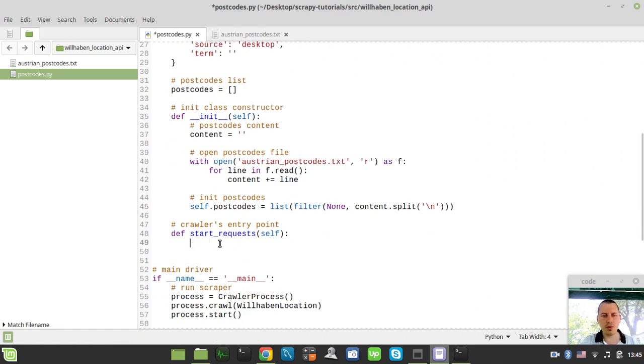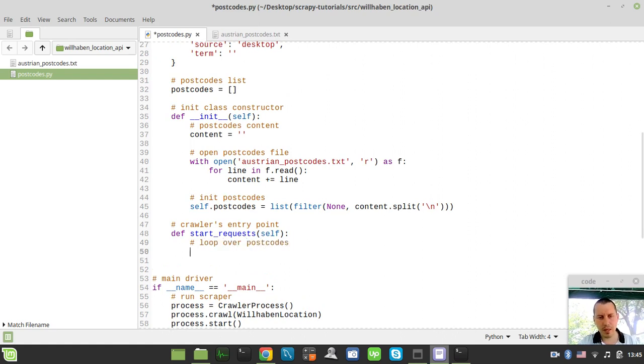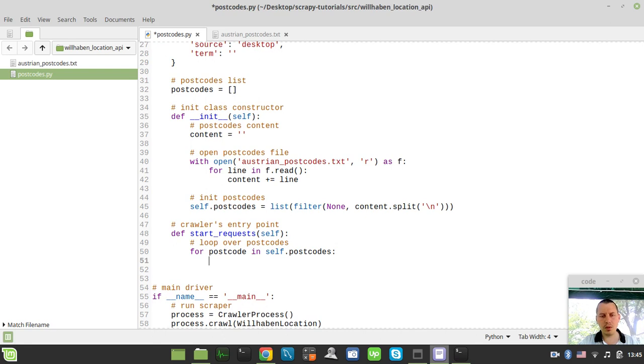And here within the start request we can actually loop over postcodes and say for postcode in postcodes, in self.postcodes, and